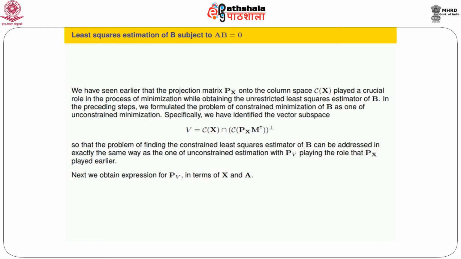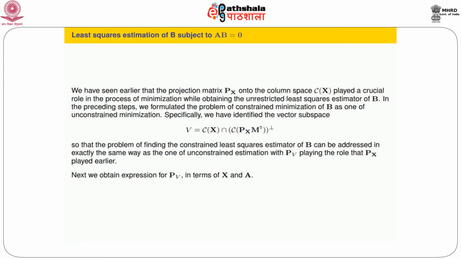So we write down mechanically Pc is equal to C(C transpose C) inverse C transpose. In place of C I write down Px M transpose. I do this calculation, and we finally get this. What is the new thing in the expression? The new thing is this X transpose X bar, which is a generalized inverse of X transpose X. The only thing we should notice here is that we are writing X transpose as X transpose Px.